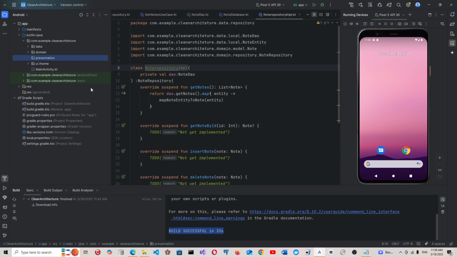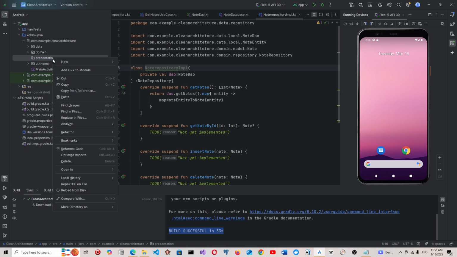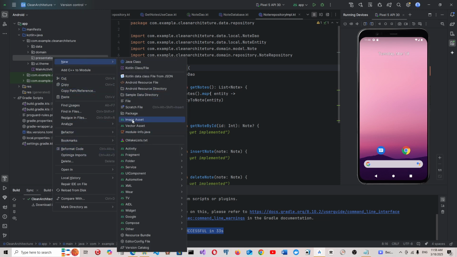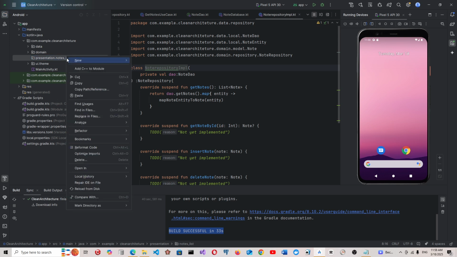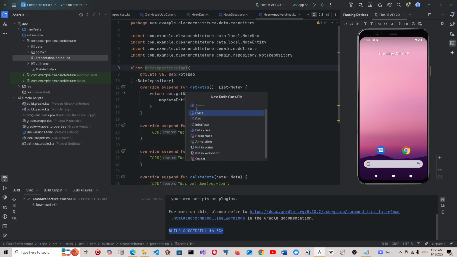And in presentation we say new package, notes list. Note list will have, say, a node screen, nodes screen,